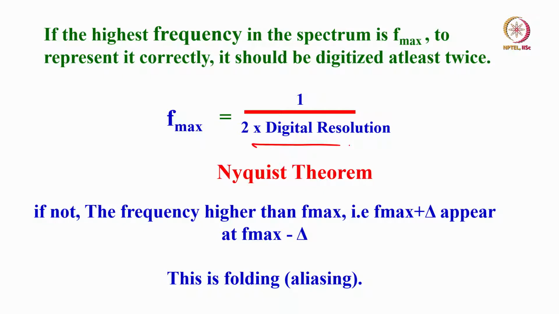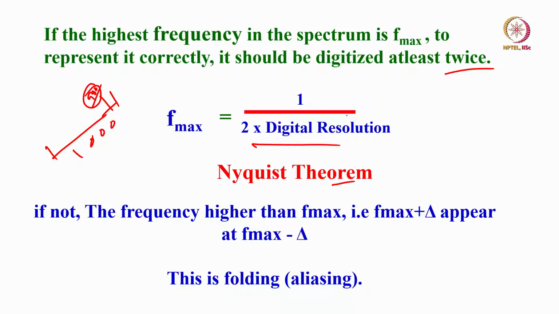So find out the highest frequency in the spectrum. Take the highest frequency, that is what is called the band limit. I told you 1 over SW. It should be digitized at least twice that highest frequency. I will take the spectral width from, let us say, 0 to 1000, and my highest frequency is about 900. At least 1 over twice that you have to digitize it. That is very important. The highest frequency, you have to represent it correctly by digitizing at least twice this frequency. So now we come to the Nyquist theorem.